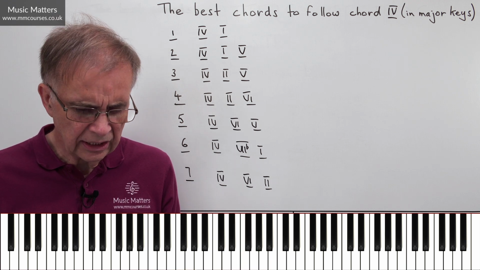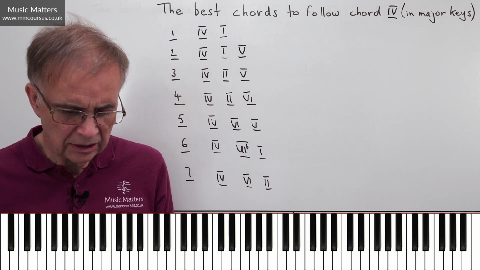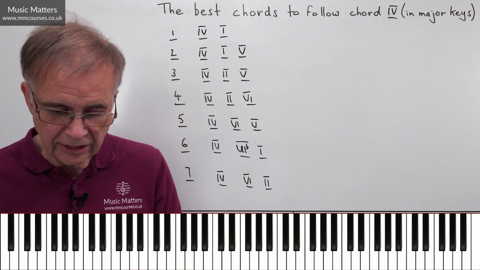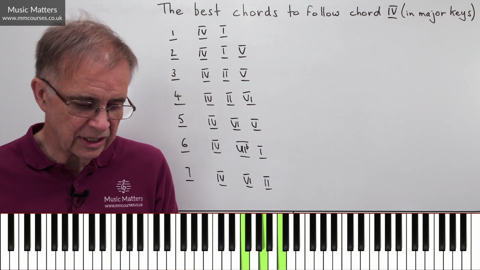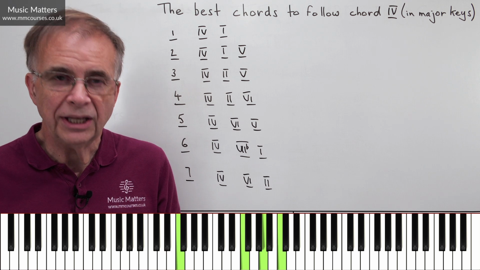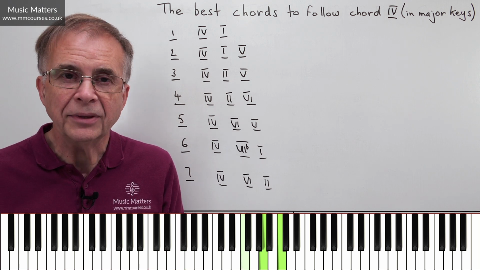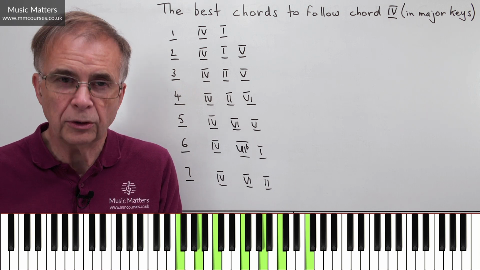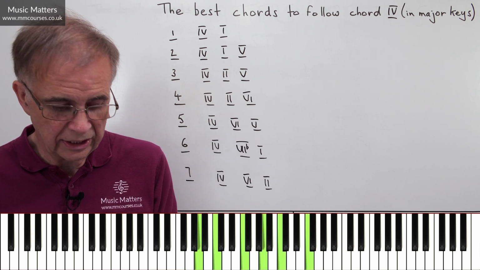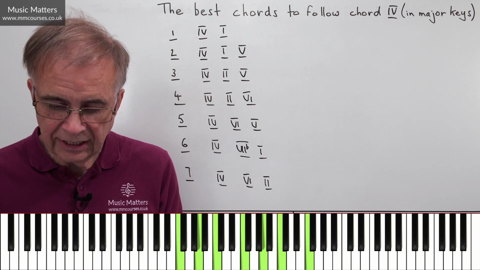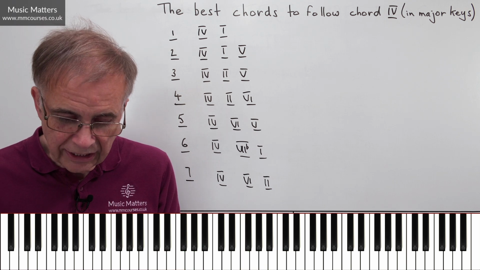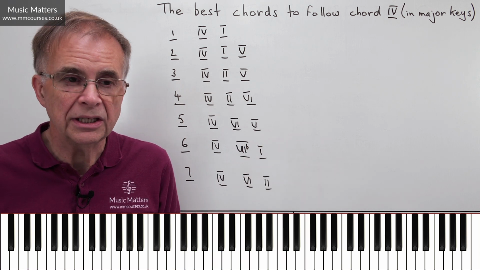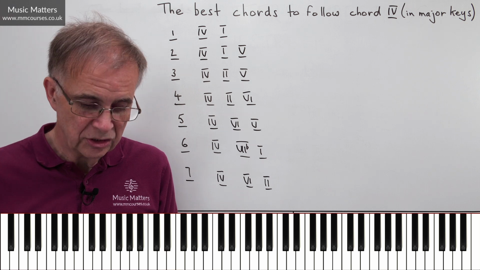Now, just in case you're thinking, hang on a minute, you were playing 3 notes a minute ago, now you're playing 4 notes. Well, chord 4 is FAC, that's the triad. But if I want to have 4 parts, as I do here, all I'm doing is doubling up the F. So I can have as many parts as I like if I want to have a big chord like this, but it's all F, A, C, F, A, C, F. It's all the same triad, but I'm just doubling up notes. So you can have as many notes as you like, as long as they all belong to chord 4 in this case.